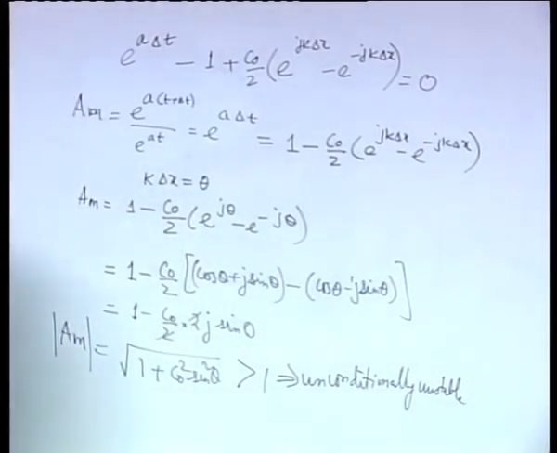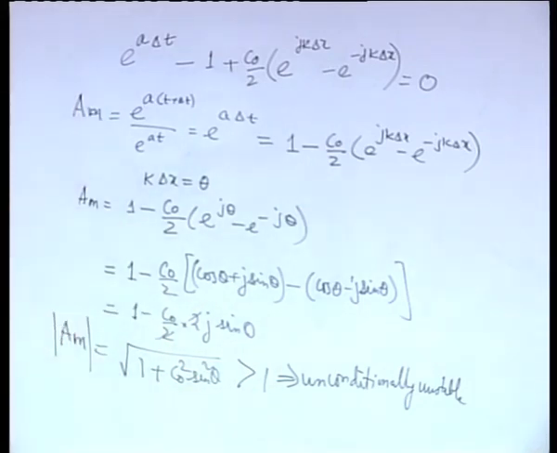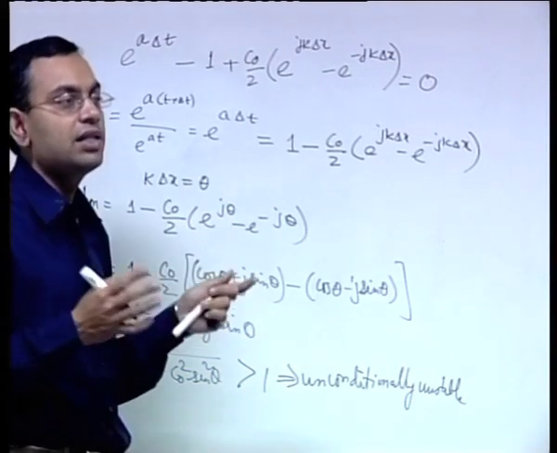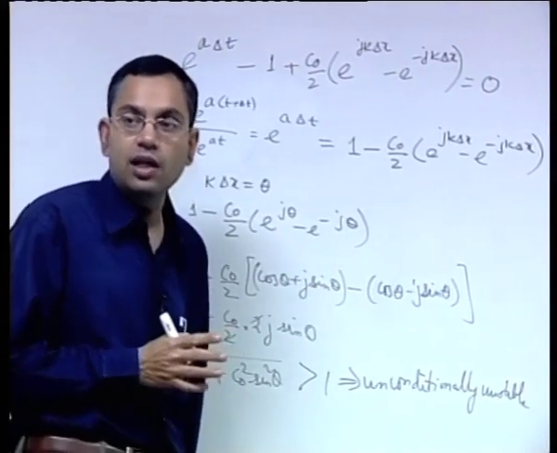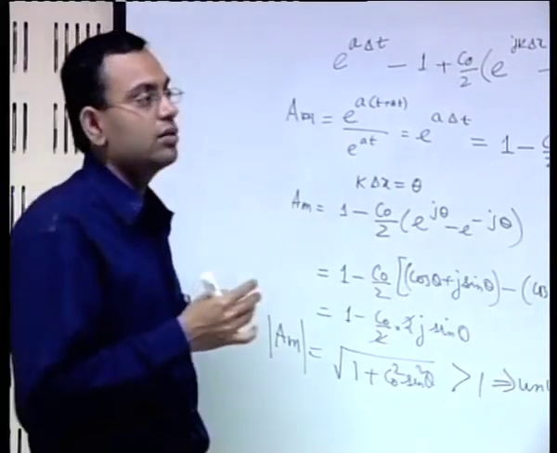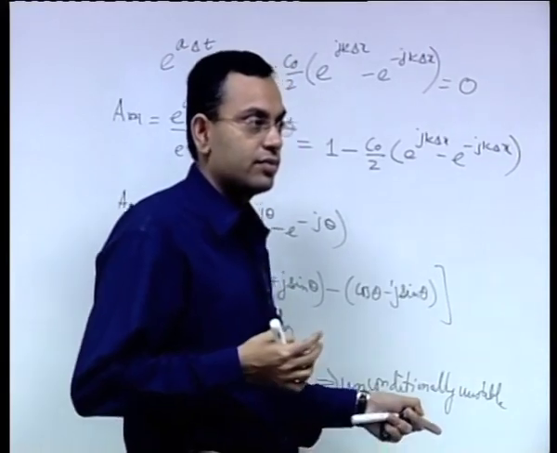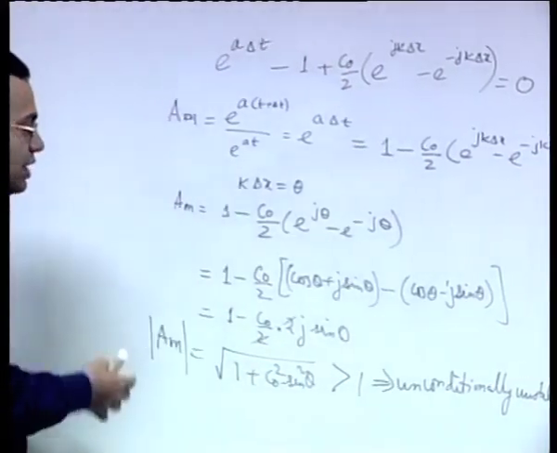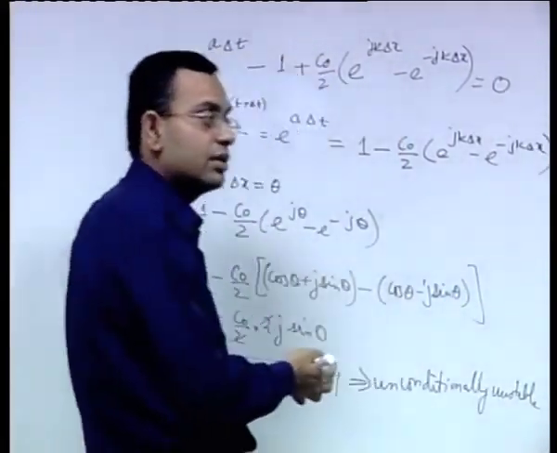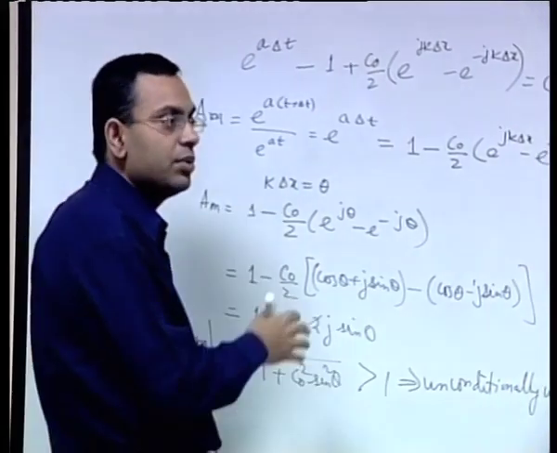So, we have to recognize one very important thing from this example, that whether a scheme is stable or unstable depends on the nature of the partial differential equation in addition to the nature of the scheme. The same FTCS scheme, when it was considered for a heat equation, was not unconditionally unstable, but here for a hyperbolic equation it is coming out to be unconditionally unstable. So it is the nature of the equation also which plays a big role, not just the scheme itself.